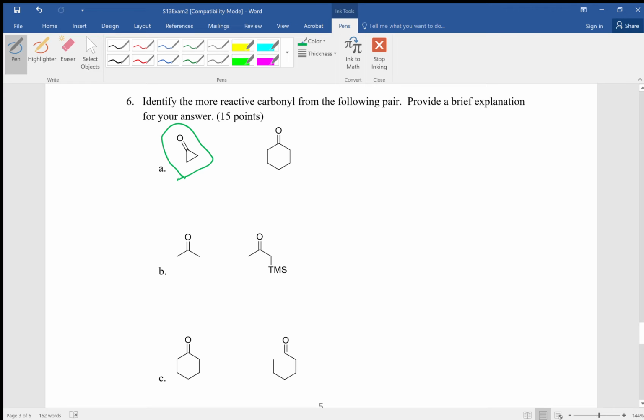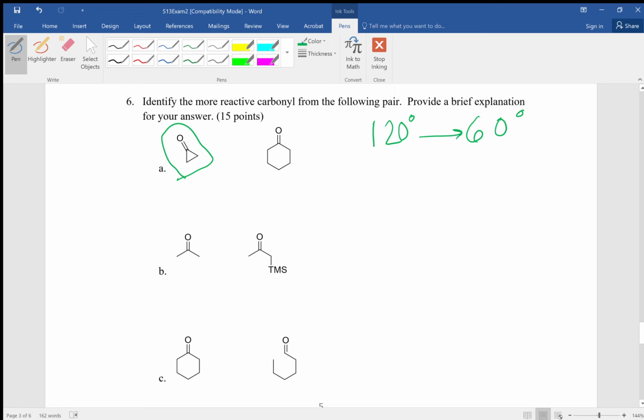Why is that? Well, we know that 3-membered rings already suffer from a lot of ring strain because they're being forced to 60-degree bond angles. But when you stick that carbonyl in a 3-membered ring, now instead of being 120 degrees, it's been forced down to 60 degrees. And so